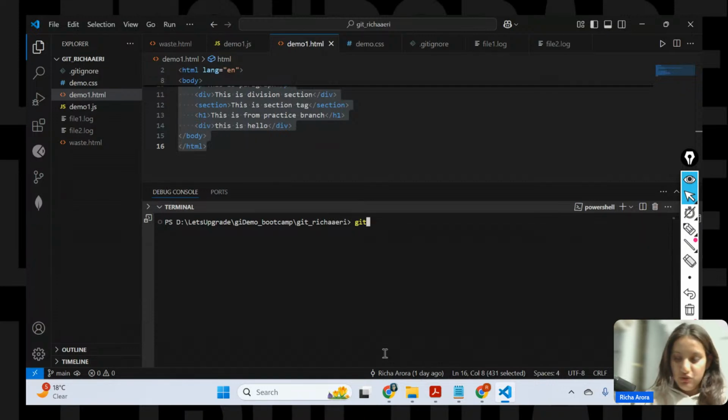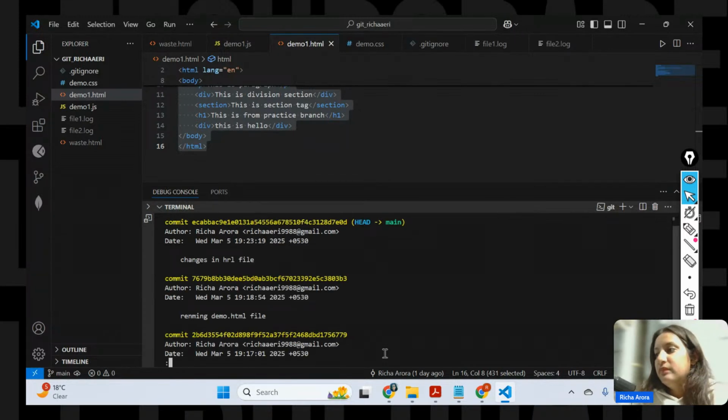Okay, so let me show you git log. All right, fine. Now within the git log, we have this HEAD and main present. Right now these are the recent changes in the HTML file, which I just performed at 19:23. All right, now this is my current HEAD, where it is present. Correct. So what I'll be doing, let me just escape and